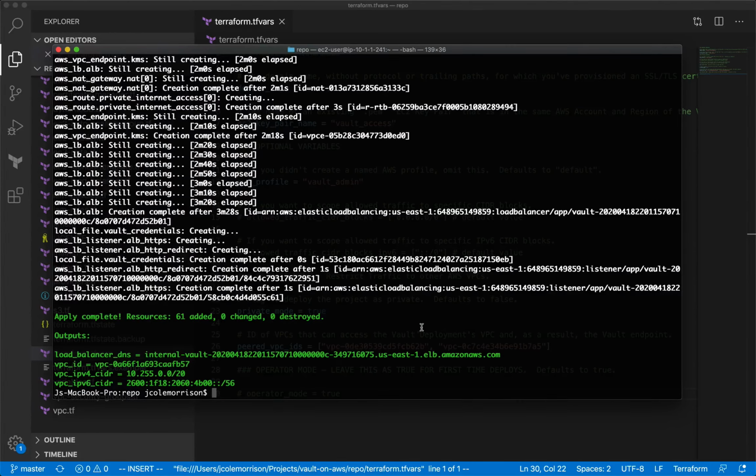The first is to run that Vault credentials script to decrypt the Vault credentials for us. And the second thing is we're going to need to go and update that CNAME record to point to our new load balancer DNS. So to do this, we're just going to run the file in temp/vault credentials